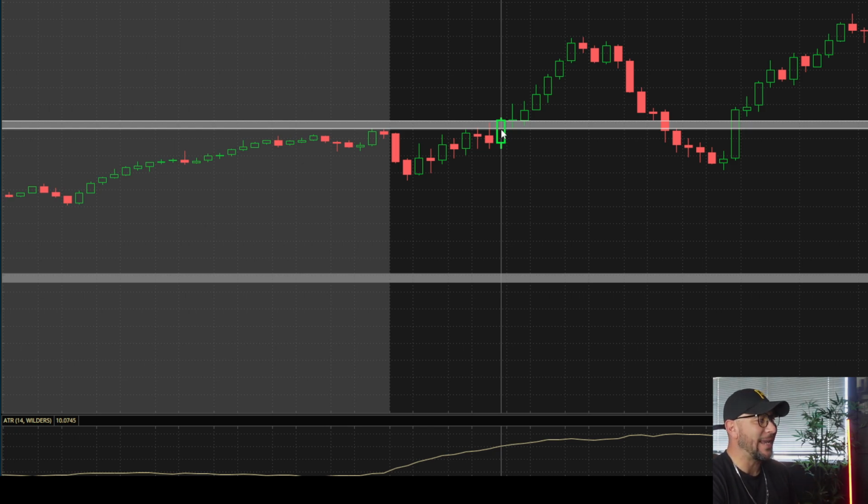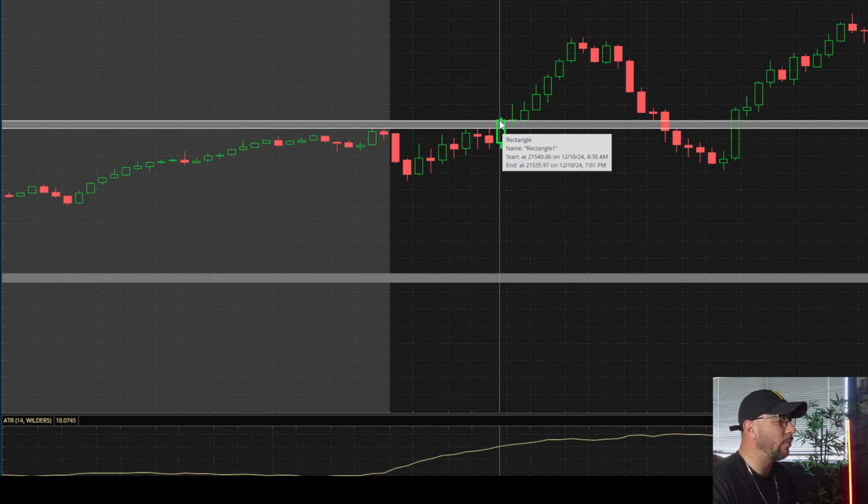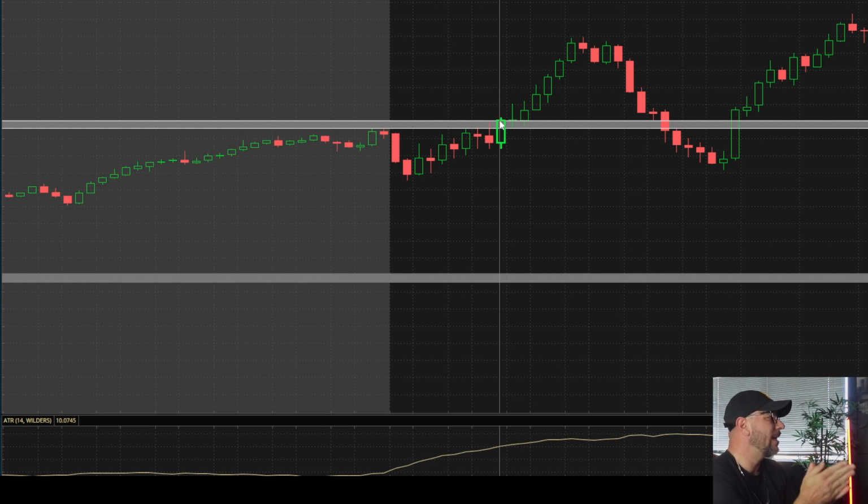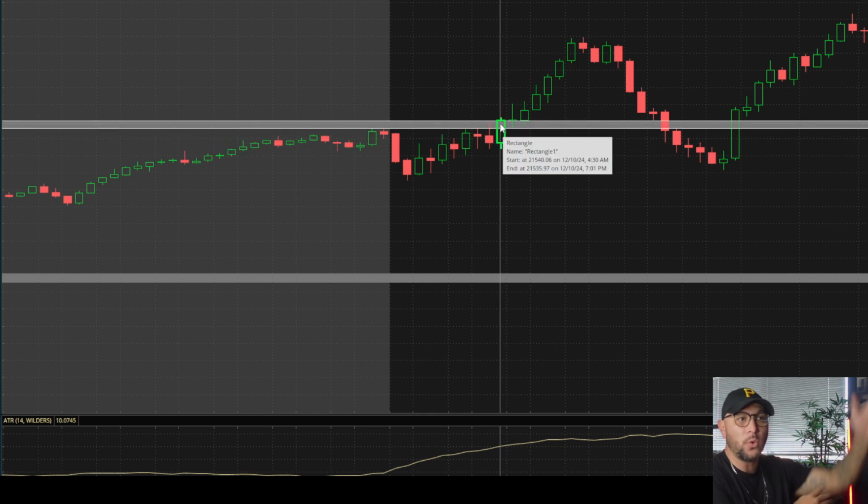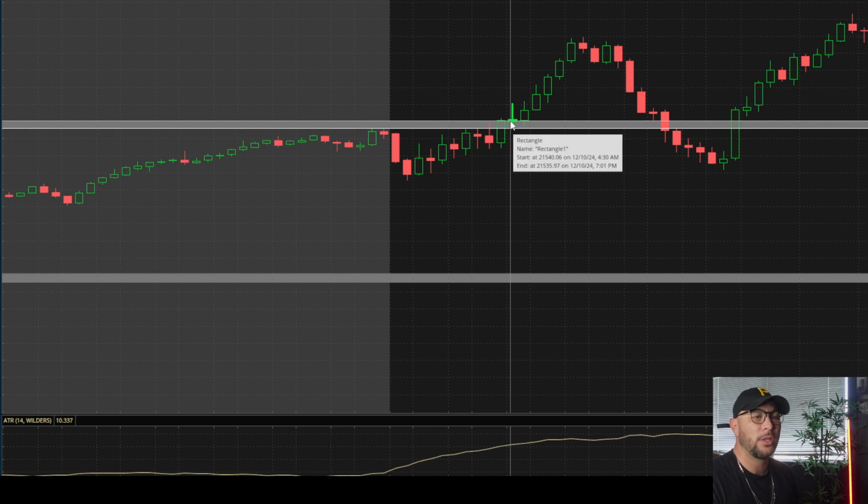The first way that I can enter this trade is allowing us to break the zone. And you can see at 9:39, we break this zone. And I can take that high price from the break. And that price in this particular example is sitting at 21,541. Okay, this is entry number one that we can take. We're going to allow it to break the zone, and then we're going to wait for a following candle to confirm the high. Okay, now at 9:40, not only do we confirm the high,